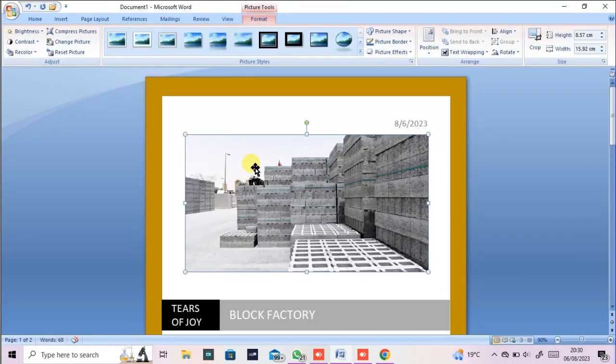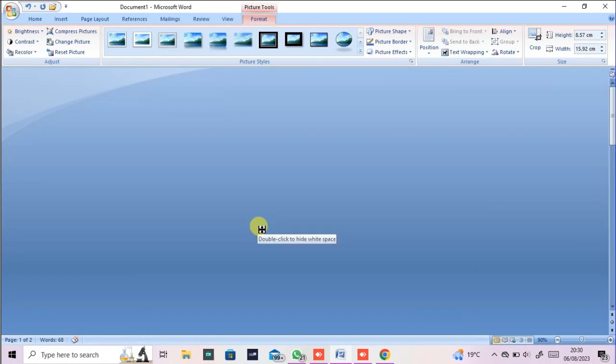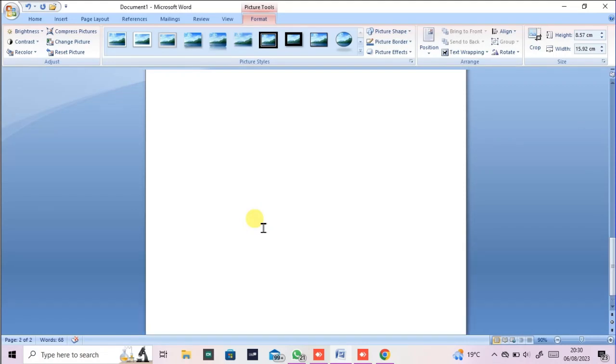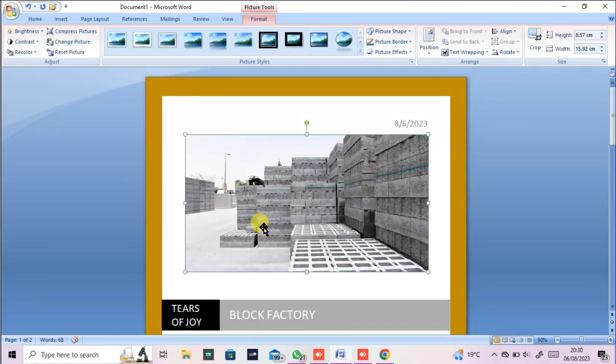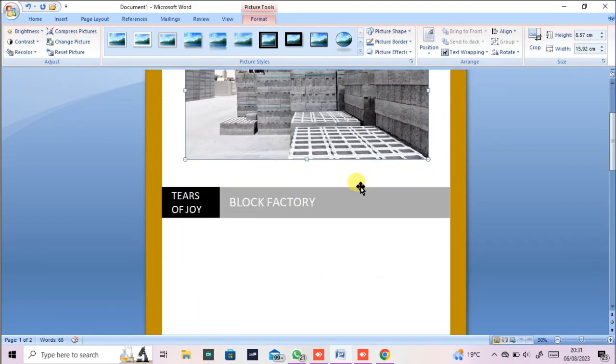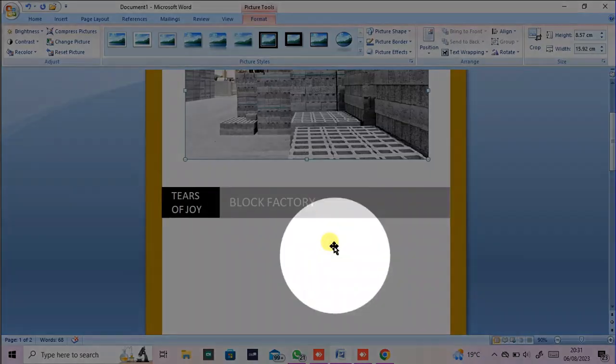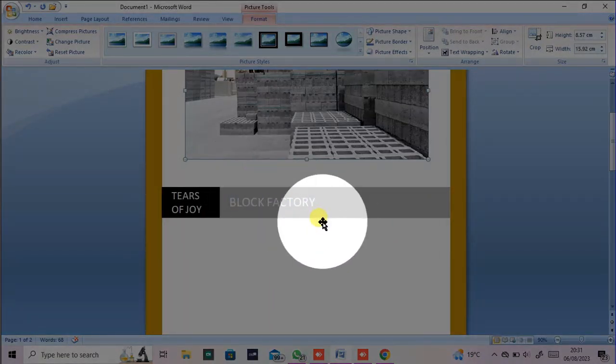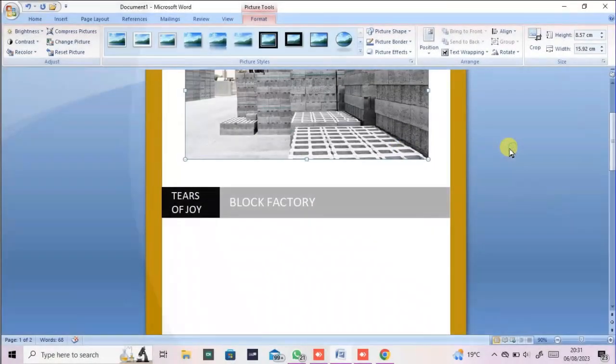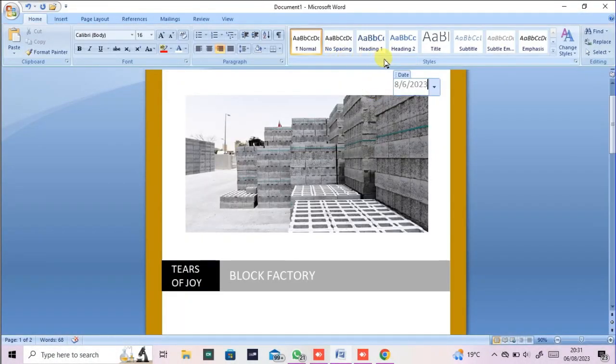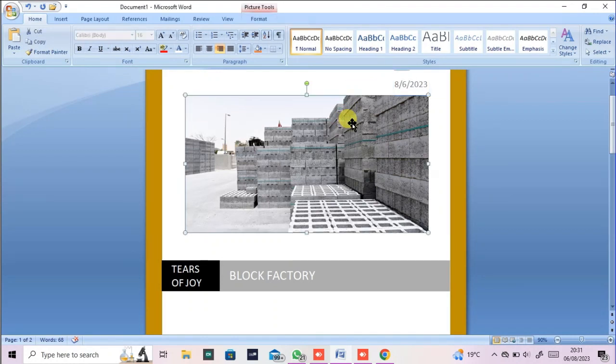Now the picture has come, but where it is, I don't like it because it's occupying plenty of space. So I have to be able to move the picture to and fro, like I should be able to move the picture anywhere, because the first one was around this place. So what we are going to do right now is click on the picture first,